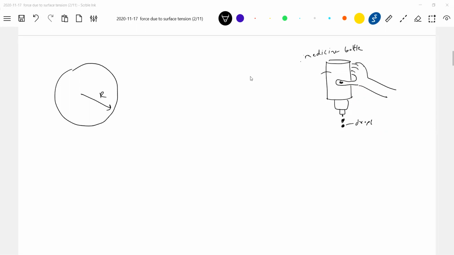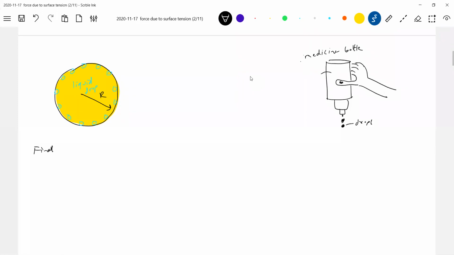So this everything is a liquid. And tell me, for a liquid drop, what is the surface area? Surface area of a sphere. And where do we see the free surface? The free surface is this one. Now, what is the surface area? This is a liquid drop. What is the surface area? 4 pi r square. So the work done by the external agent to produce a liquid drop.